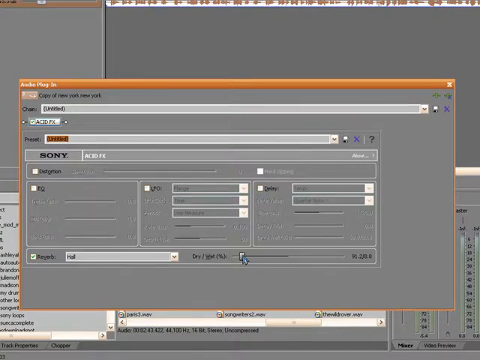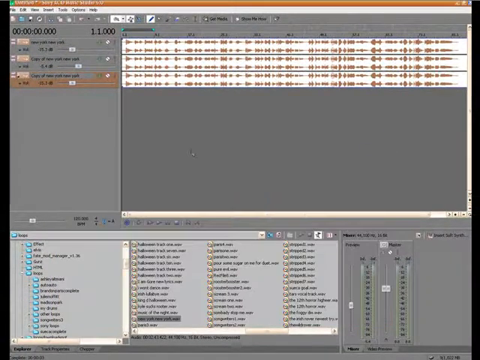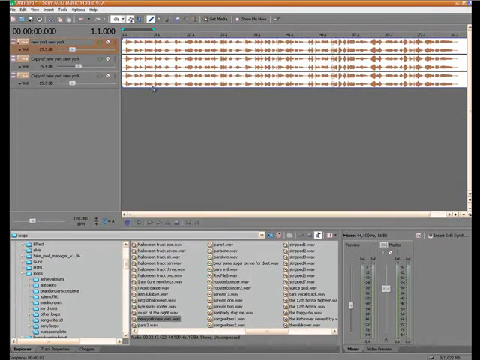But in this case, I usually go for about 8.8 wet, 91.2 dry. That gives enough reverb to color the recording and make it sound nice without having a Grand Canyon effect going on with the echoing. So that's that for that. Sorry. There you go. So when I'm doing a vocal track on there, I do it for the two that